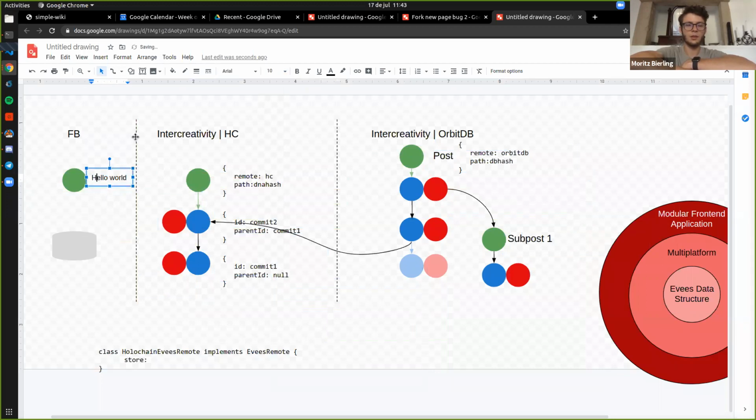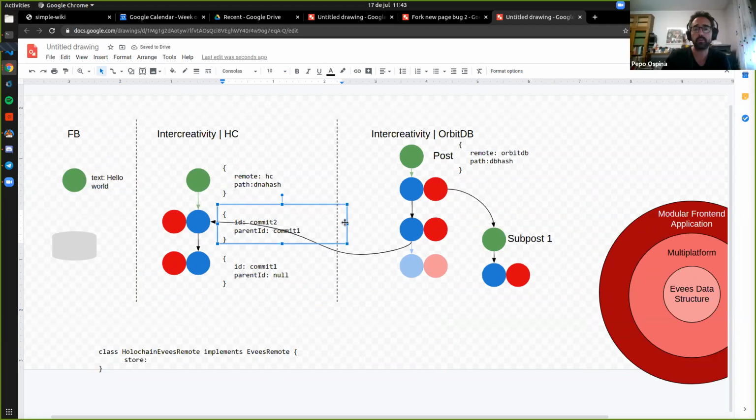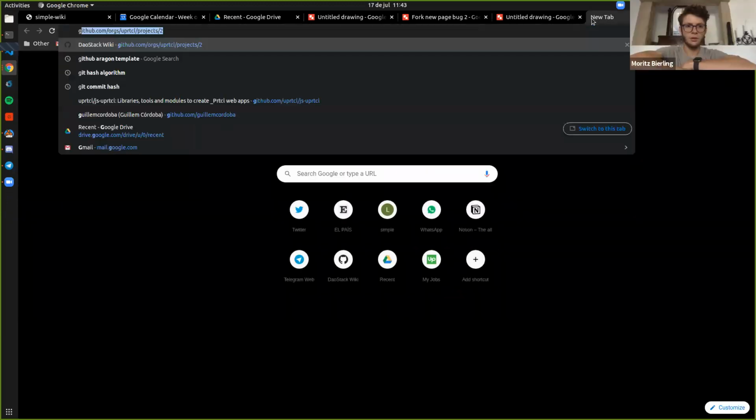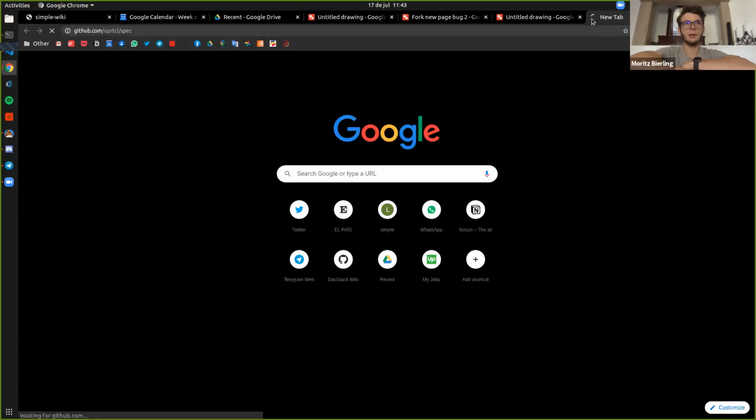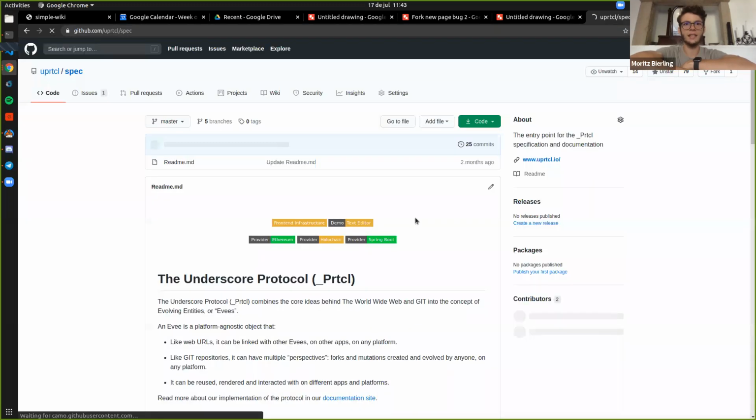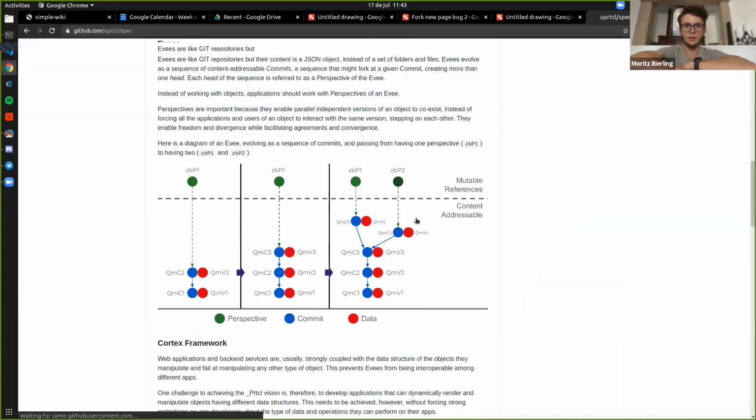What is the exact metadata that the blue has on top of the JSON object? It has the parent ID, that's it basically. So the history. But then the JSON object that you're speaking about with the red would be just the text or whatever the content is of the thing.